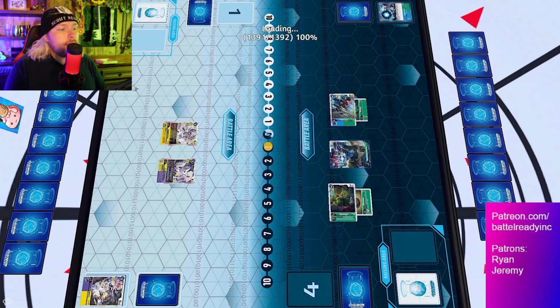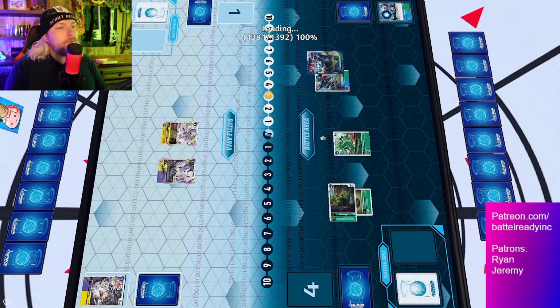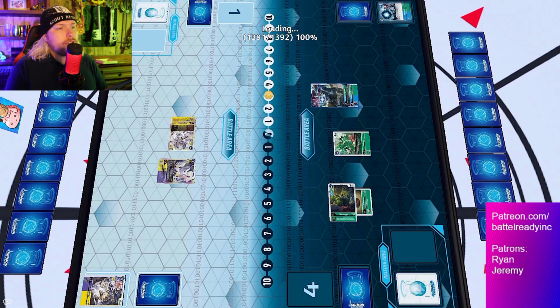Swings in for a second check, or at least 1 more check with the Imperialdramon. And then we see the new Imperial come down. Very powerful card. Gets to play level 4 or below, so 2 different Digimon from stack. Unfortunately, only has a single level 4. The on-play effect will trigger here,